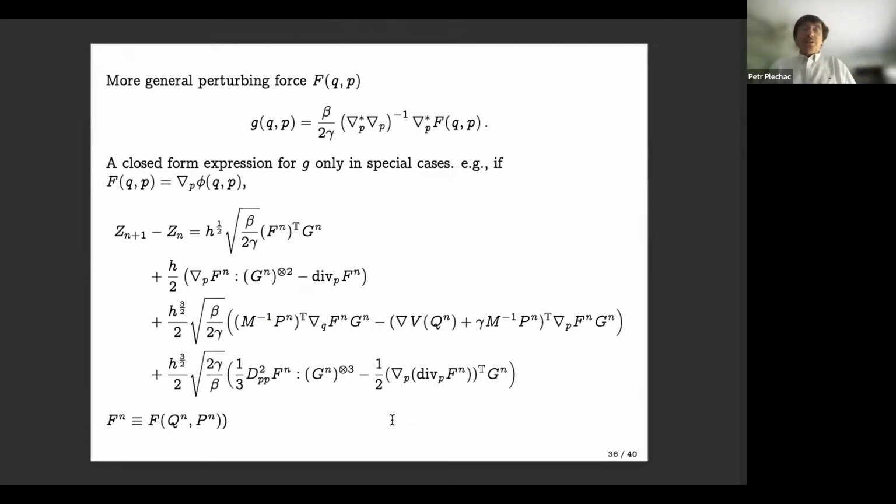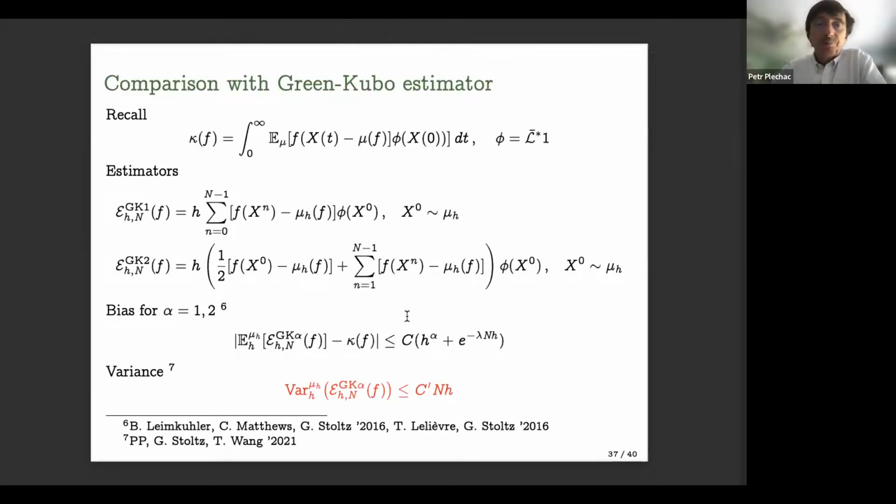Just to show that there are really some calculations involved in deriving systematically what this reweighting process should be, I can show you a more general formula, and you see that it really requires some theory-oriented way to organize these asymptotic expansions to be able to derive more general cases.